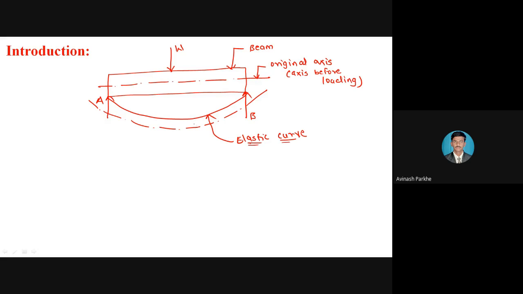That means, according to the elastic curve, the bending of the center line, or the original axis, is also taking place. When the beam is very strong, the bending will not take place in the downward direction. So what is our requirement? The bending should not take place. Some amount of bending will be there, because the load is continuously increasing, but that bending should not cross its limit, because once the limit of the bending moment is crossed, the beam will break into two different portions.